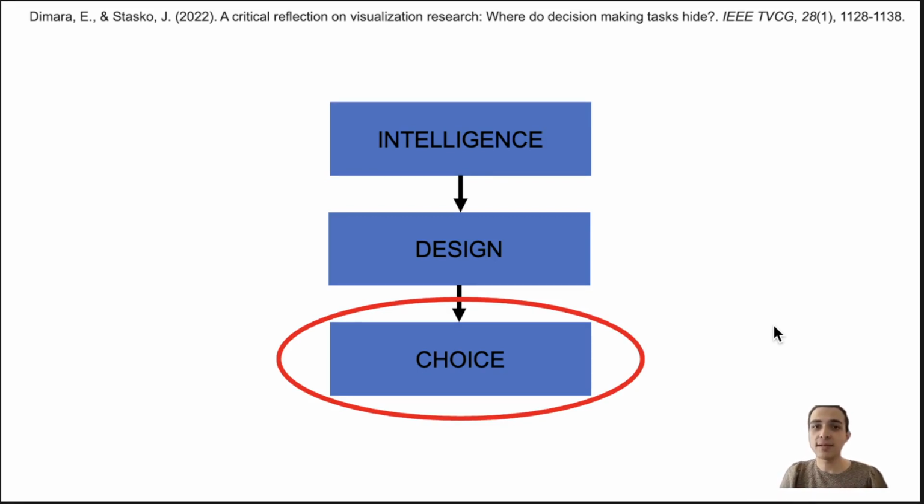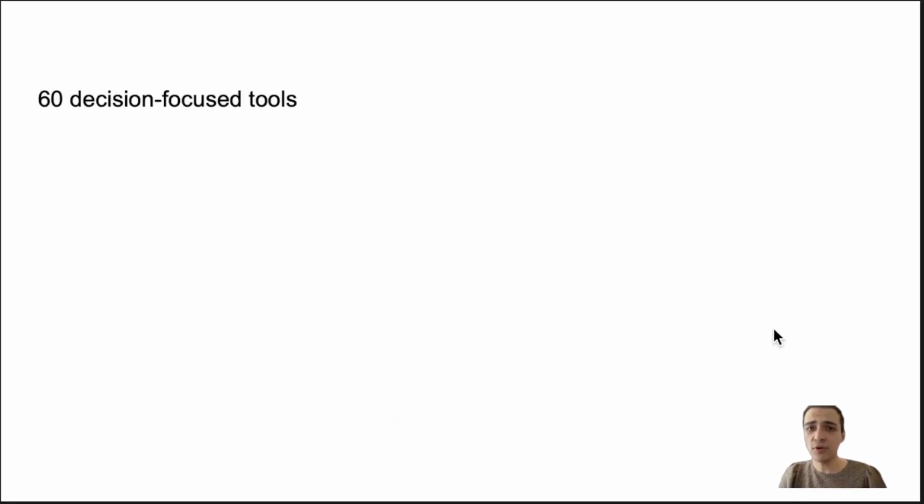But still, supporting intelligence and design stages can further facilitate more complex decisions, including more alternatives and multiple criteria. Based on this minimal requirement of having at least support for the choice stage, we identify 27 decision-focused visualization tools among